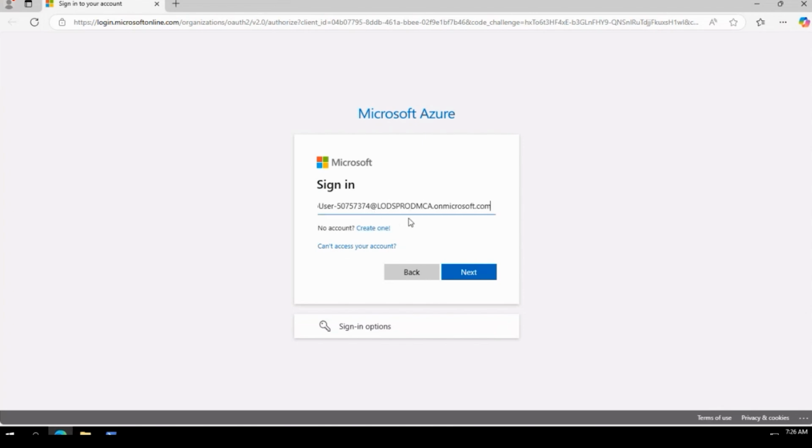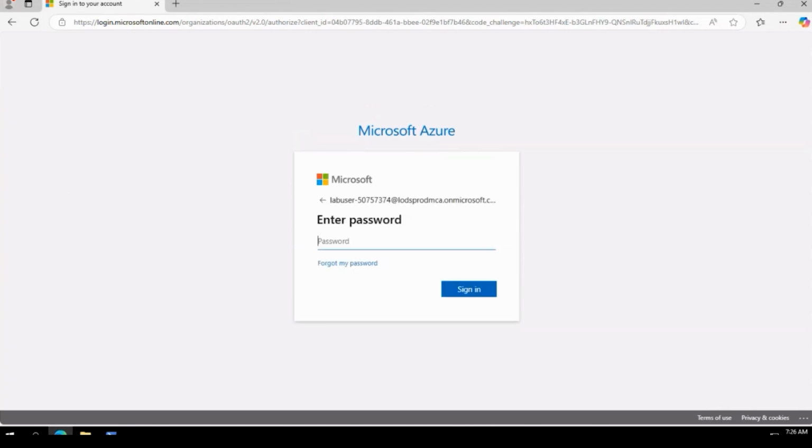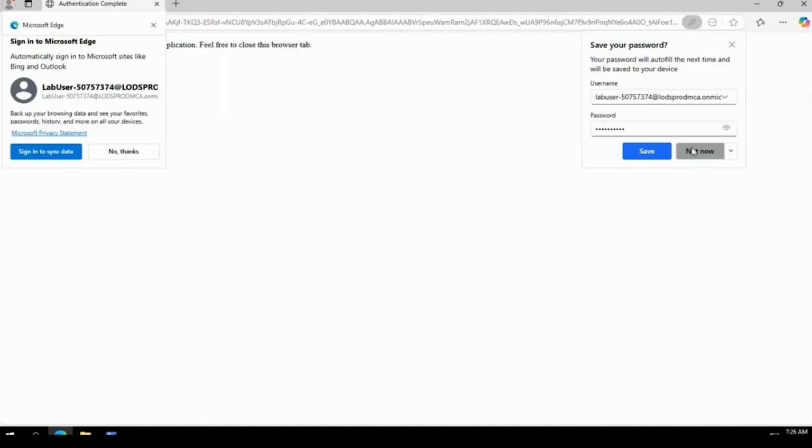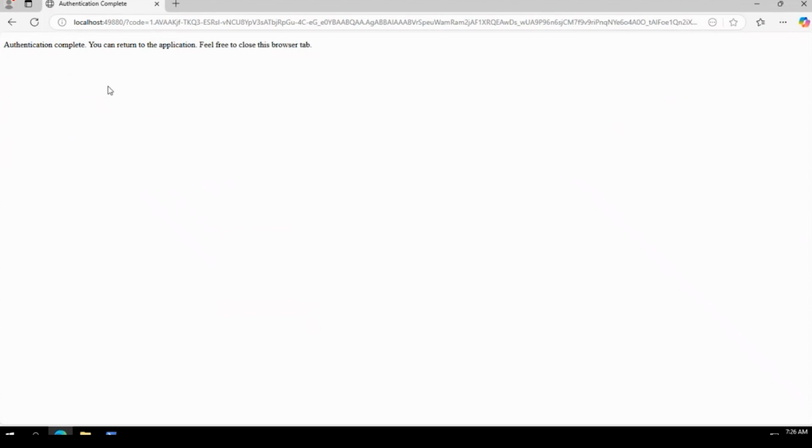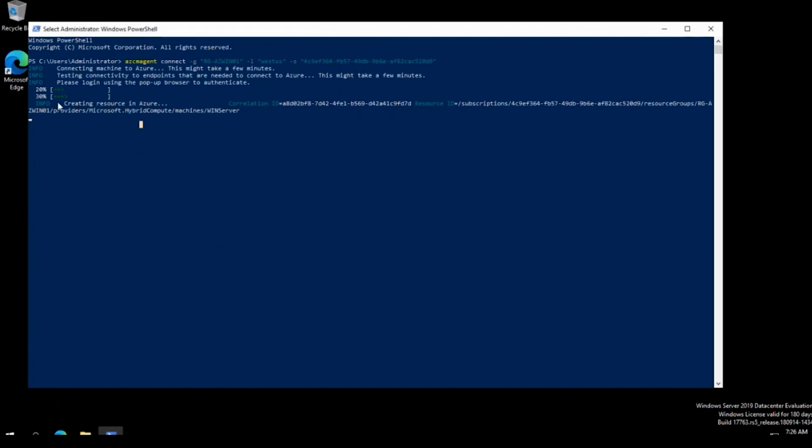And this is an account that has rights to add machines to Azure Arc. So just one of my admin machines here. If you notice the authentication completed, so I'm going to close out of this because it's continued on here. So it's going through the process. This will take about a minute, and then you'll see another status here where it's installing and loading